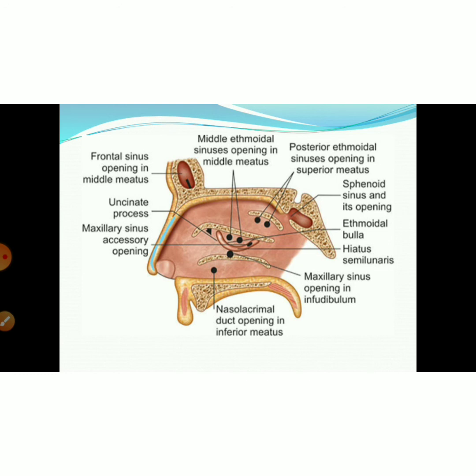The opening of the maxillary air sinus is located posteriorly in the hiatus semilunaris below the bulla ethmoidalis. You can see that it is marked there: maxillary sinus opening posteriorly. The infundibulum is a duct-like passage beginning at the anterior end of the hiatus. The frontal sinus opens into the infundibulum by the frontonasal duct, and the anterior ethmoidal sinus opens at the anterior end of the middle meatus.